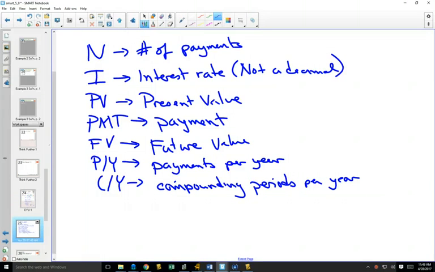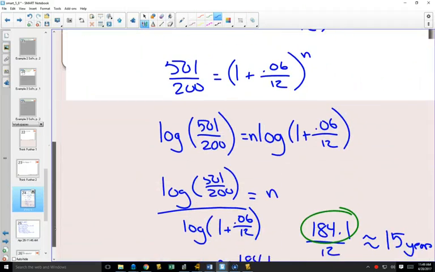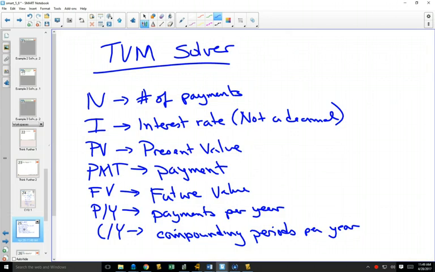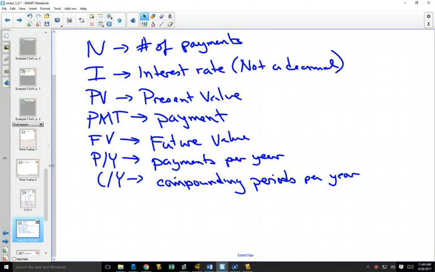So we just solved in our previous question that, what did we get in the end? It was going to take us 184.1 payments. So we want to see, can we use this TVM solver as a way to check? Okay? Once you've got all of this written down and what they mean, I need you to put a special